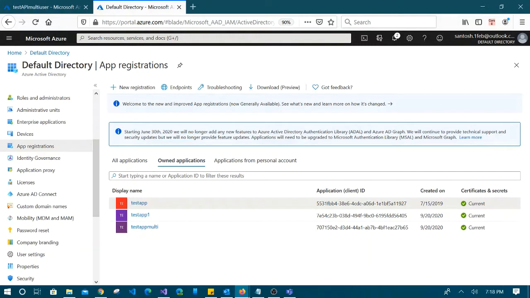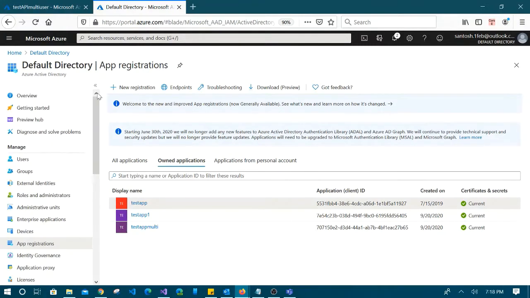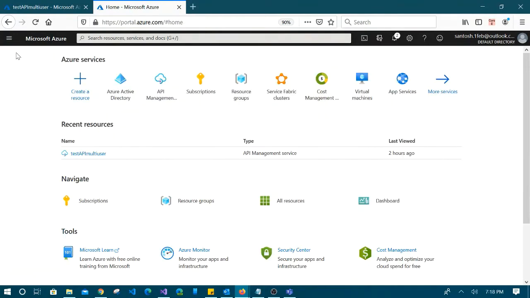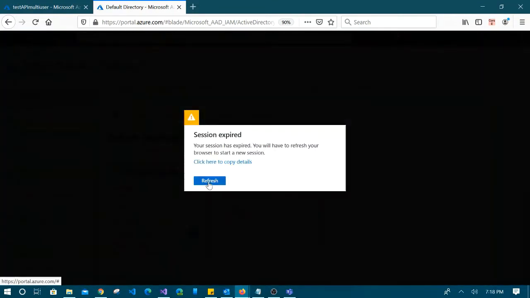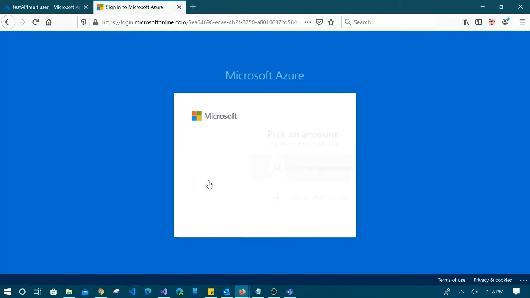So first of all, what you have to do is log into Azure portal and go to Azure Active Directory. It says the session expired, so refresh it.